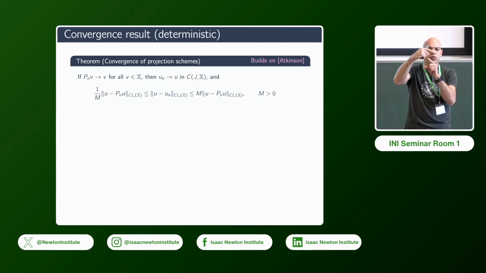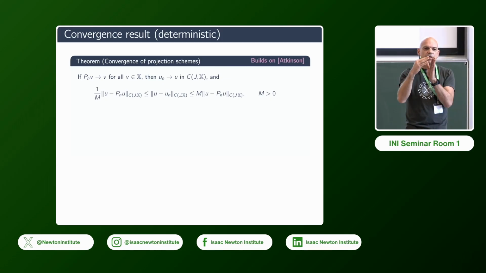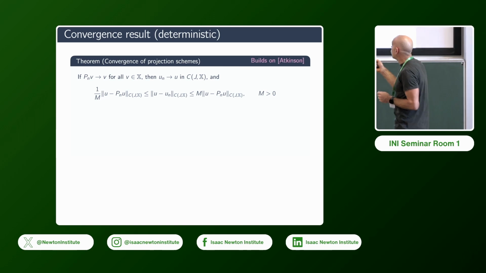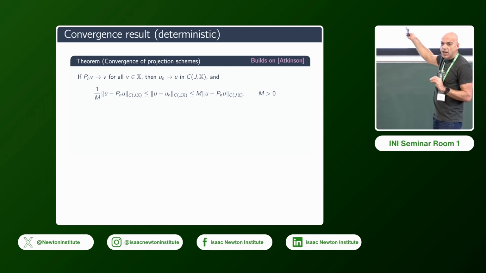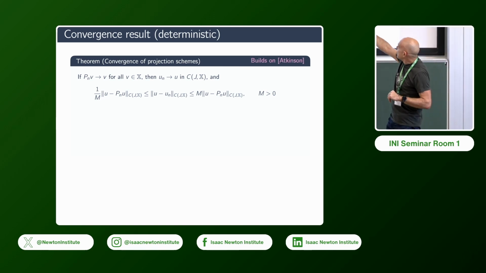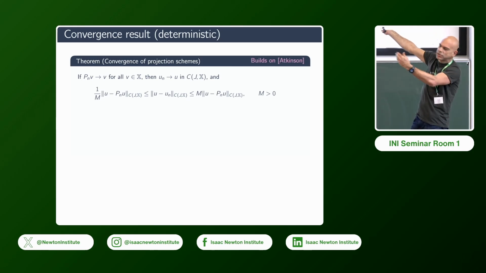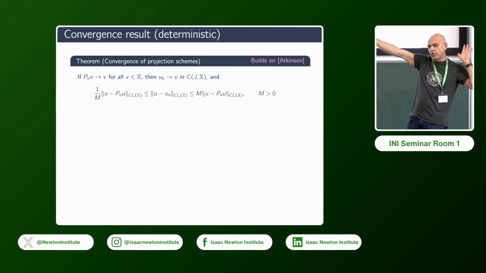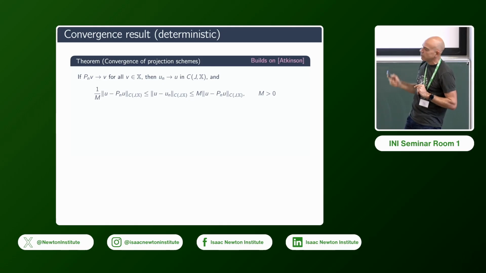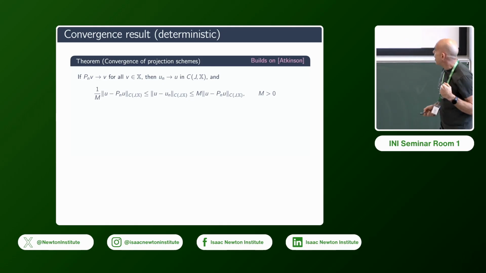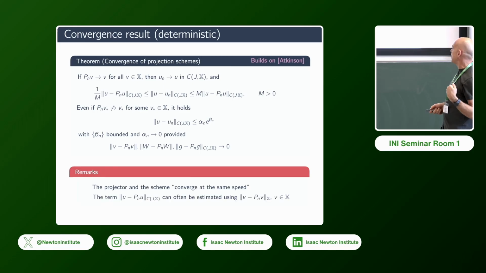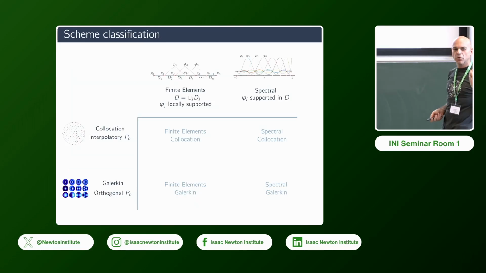So when people choose their meshes and their type of discretization, they are committing to a particular P_N. And if we do our job correctly, we can then estimate these terms. So we know not only that as n grows, this term will go to 0, and therefore, sandwiching the error, the error will go to 0, but also how fast. And I'm going fast on this because I detect that this is perhaps not something that you're mostly interested in, but I just want you to be aware that it's there.